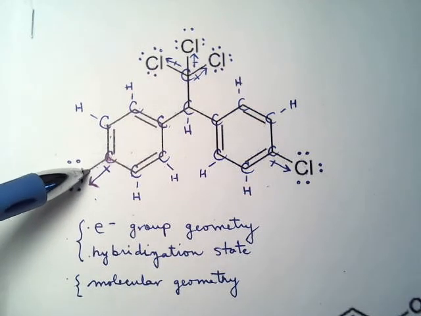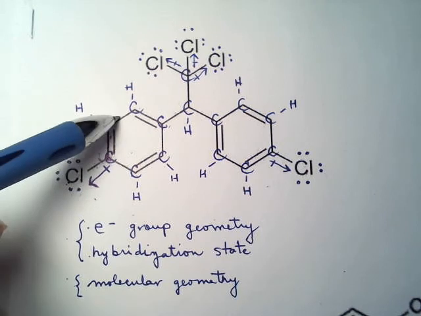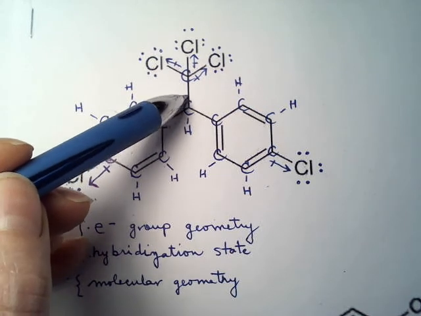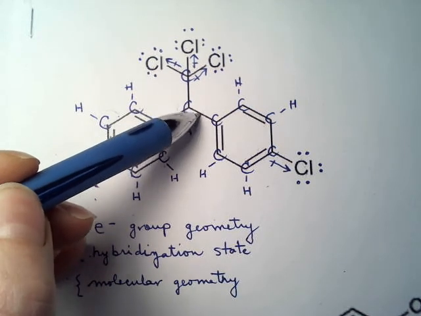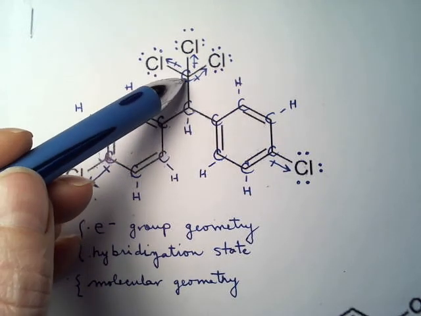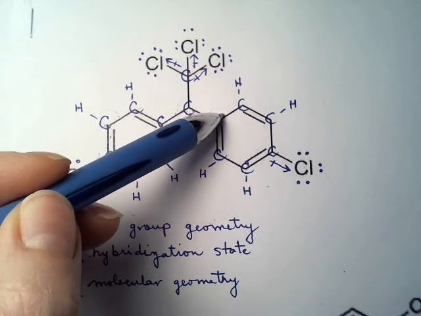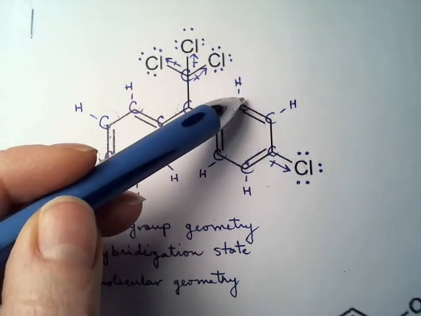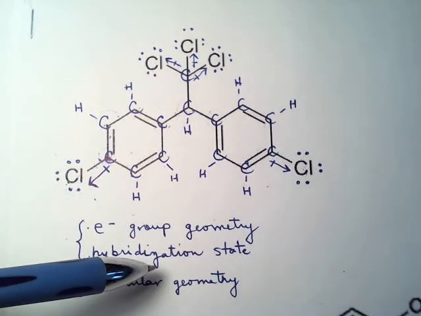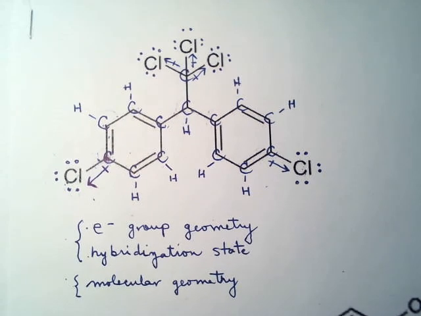Bond angles, trigonal planar, therefore 120. This one, 120. How about this one? C, C, C. Look at the central atom. It has a molecular geometry of tetrahedral. Therefore, this bond angle, 109.5. Same with this one, and same with this one going to the back. Whereas once I get to trigonal planar geometries, the bond angles are therefore 120, 120, 120, and so on. And I think that's everything on this molecule. So we'll do the last two in their own